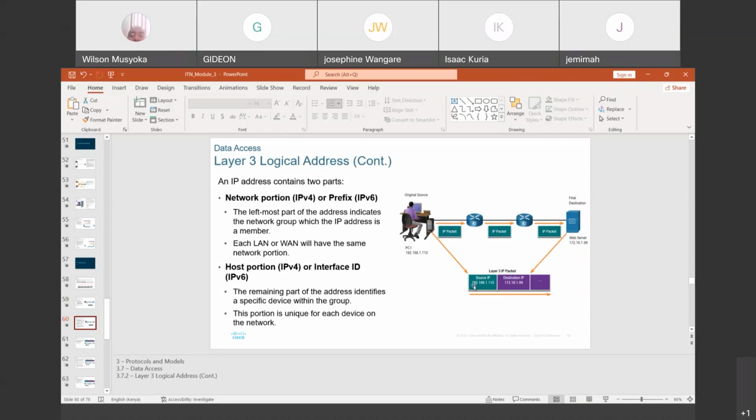Like this first octet or the leftmost part, the 192, because we said class A will start from this range to this range. We'll come back to that. Like class B, class C, D, and E. So this leftmost part should be able to tell you which class of the IP address that is. Then the remaining part of the address identifies the specific device within the group, and that should be the one at the end here. The host address is normally found at the end or the right hand side part.